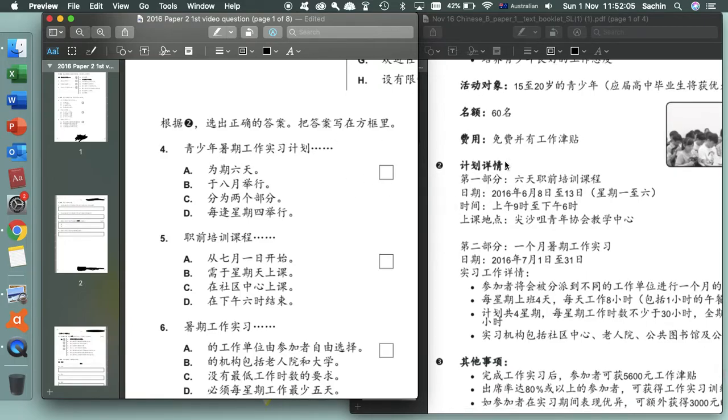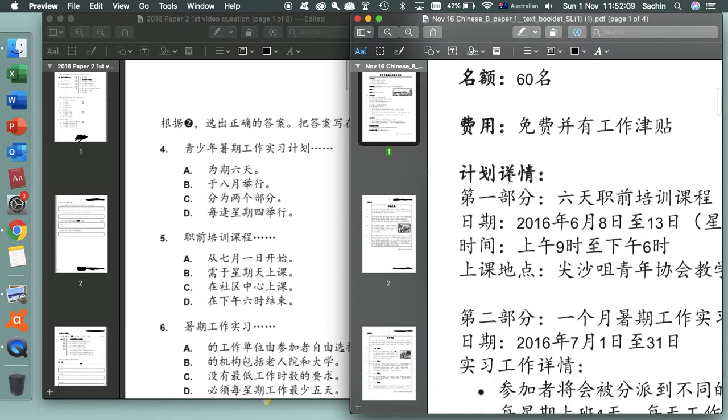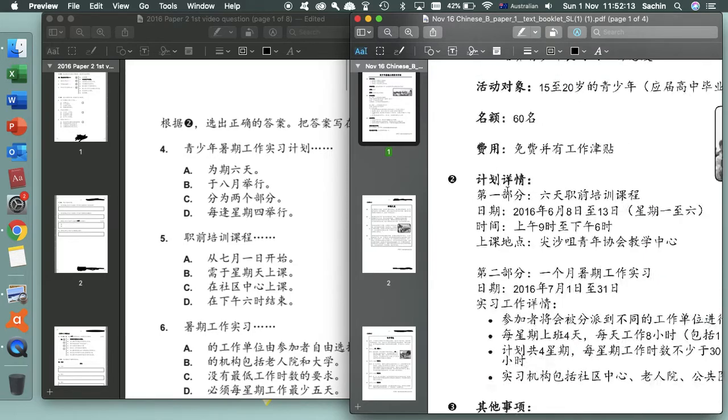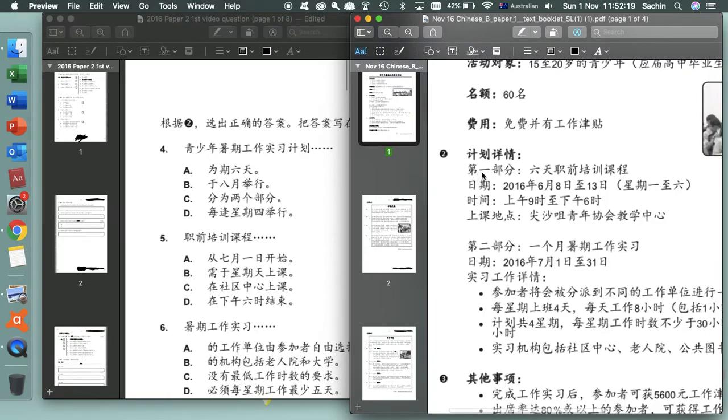Now moving on to the second section, we have this. The second section of this text talks about the 计划详情. So it's talking about like the specific details of the thing. And there's actually quite a lot to read here. So we'll just go over it quickly, but we have 第一部分, which is like the first part. We see here that this work experience is divided into 2 parts. One which is like a 6-day